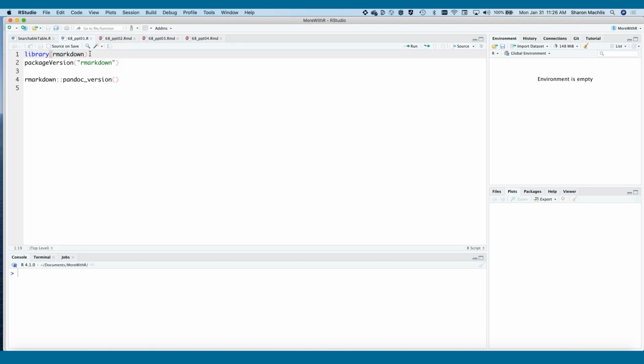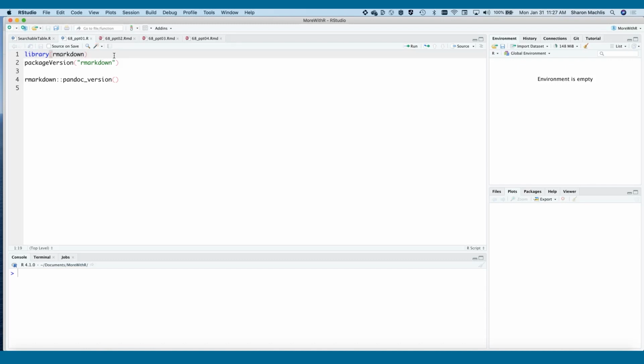To create a PowerPoint from R, you need three things on your system: PowerPoint or OpenOffice, the R Markdown package, version 1.9 or later, and Pandoc version 2.0.5 or newer. Pandoc isn't an R package, it's not R at all. It's a separate piece of open source software designed for file format conversions. RStudio ships with Pandoc, so you probably have a version of it installed if you use RStudio.